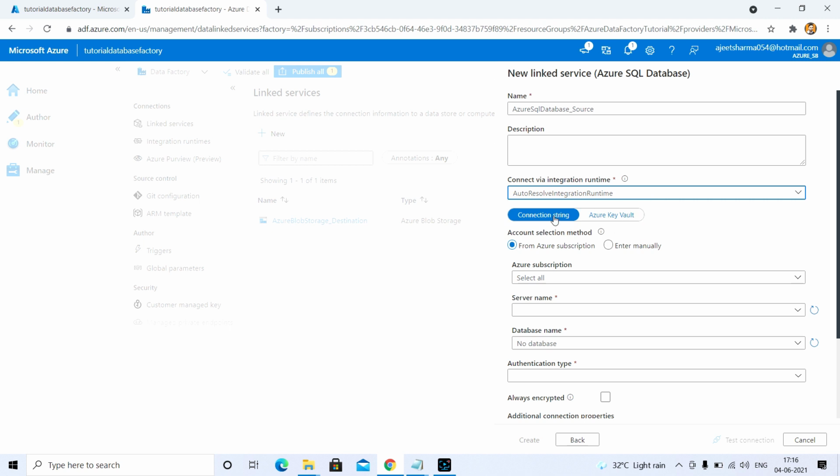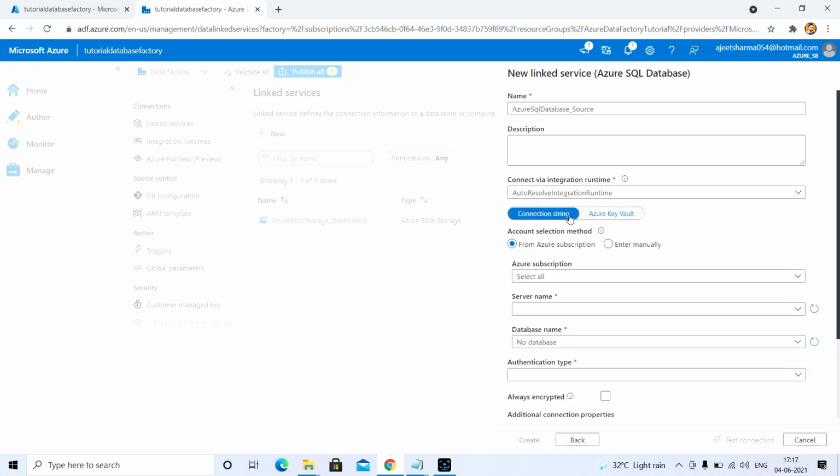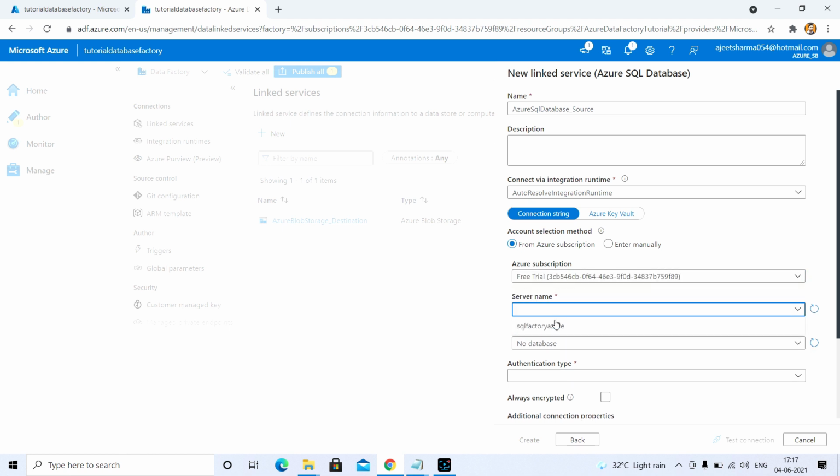So here is the connection string and Azure Key Vault. If you are using any Key Vault, you can select it here. Here you can mention the secret name, the secret version, and the authentication type. In my case, I'm proceeding with the connection string only. Here I'm selecting the subscription name and the server, and this is my SQL server.